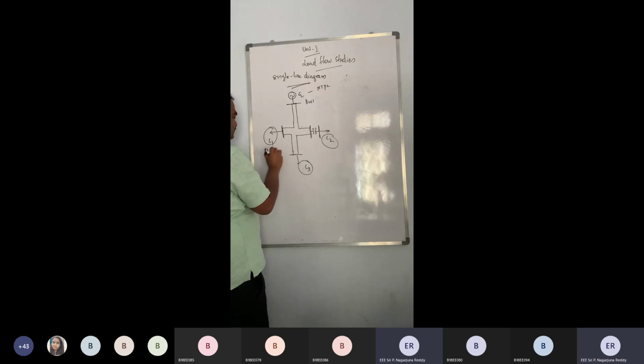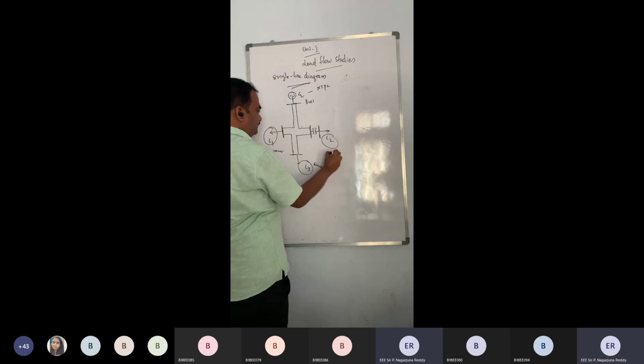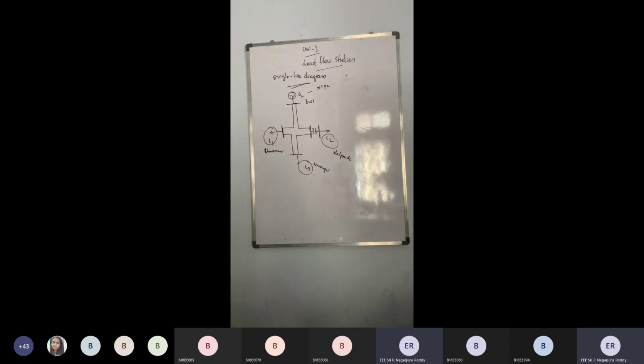One is Khammam, the other one is another district. Let us suppose they give you this single line diagram which they have, and they will represent the transmission line capacity also. They will represent the ratings of the transmission lines, the loads which are generally there at these locations, and the generation capability. What is the maximum generation which you can do at your NTPC.